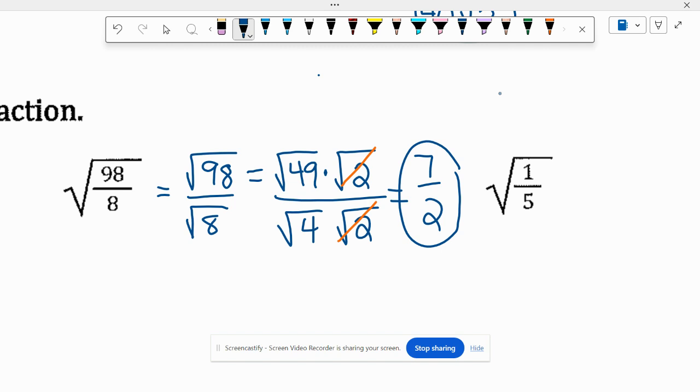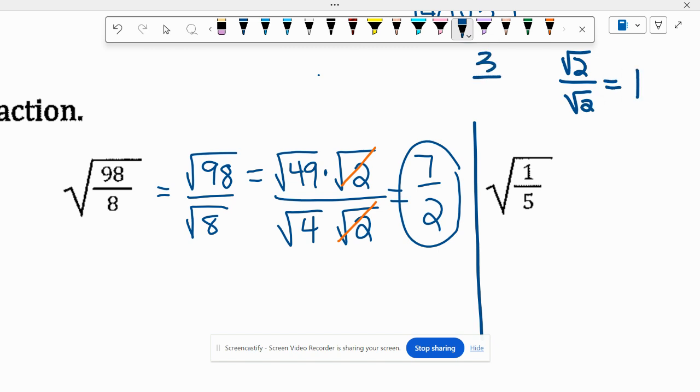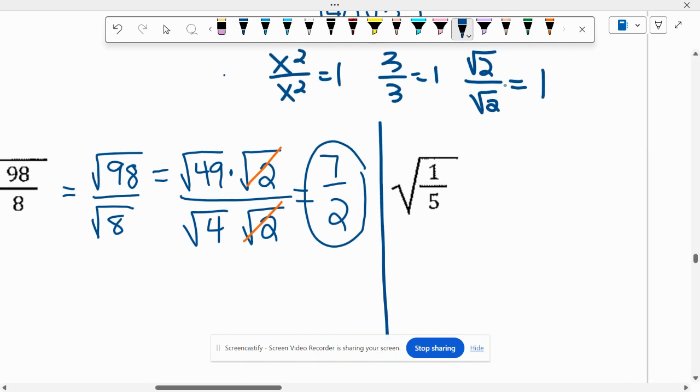Are we ready? Okay. So you told me that the square root of 2 divided by the square root of 2 equals what? It equals 1. Isn't 3 divided by 3 1? Isn't x squared divided by x squared 1? So as long as it's the exact same term in the numerator and the denominator, they cancel out to 1. So when I break this fraction up, God bless you, and I write it as